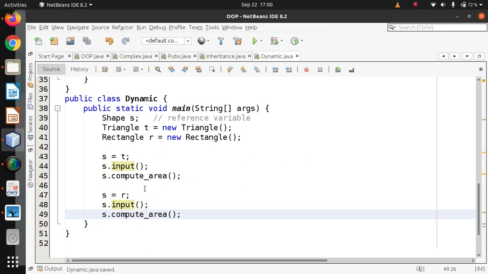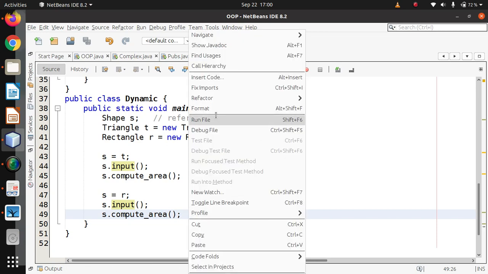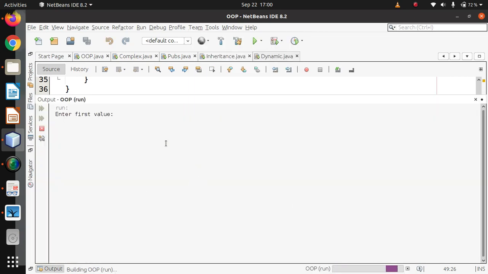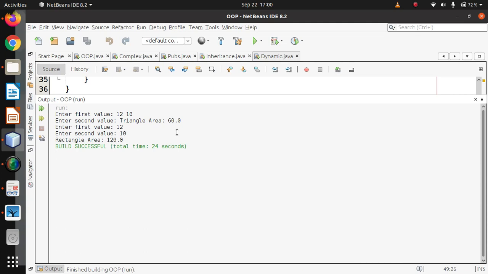First of all, we are going to call triangle, second for rectangle. So let's run this. Okay, so first of all, we will ask for the triangle's values. So triangle's 12 and 10. Okay, I'm getting 60. Sorry, both values are entered together, first and second. Triangle's area is 60, that is 1 by 2 into 120, correct, that is 60. And if I use the same values for the rectangle, it is 120. Yes, height into width of the rectangle, that's the area of the rectangle calculated here.